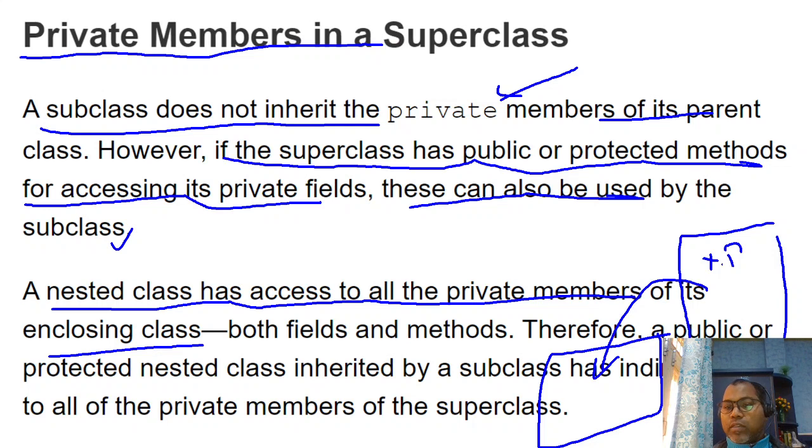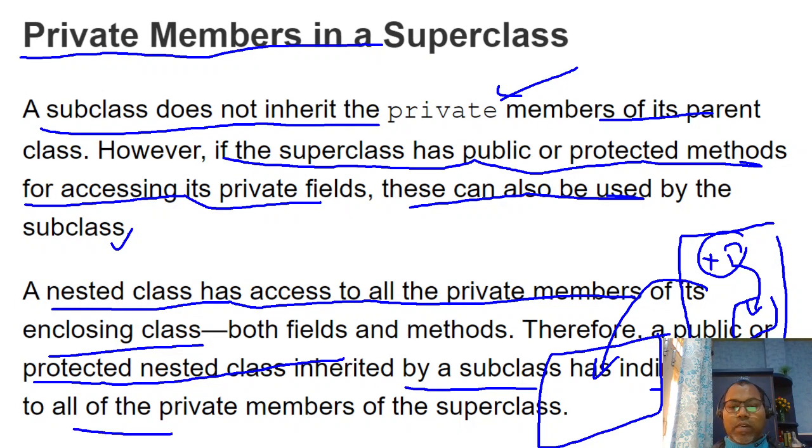Sometimes you want to access some private data member, so you have to write a nested class. Therefore, only public and protected members are inherited by the subclass, and private data members are accessed directly only within the superclass.